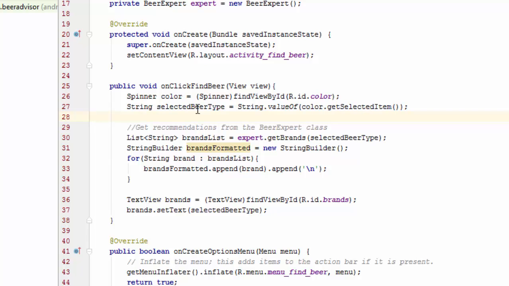So we take that selected beer type and we pass it to our beer expert, and our beer expert is going to take that beer type, which is really just a color of beer. A little bit confusing. So it's going to take that color of beer and return a couple of beers that are of that color. And so that's what's going on here. So we're getting a list back